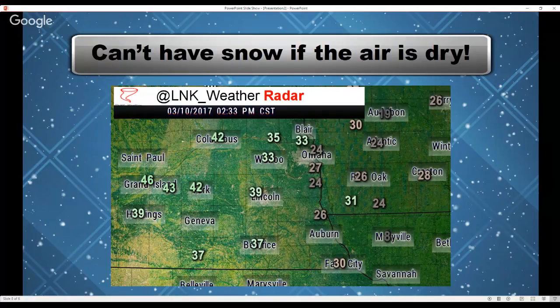And so if you look at some of those relative humidity values, like 24 in Plattsmouth, 26 in Nebraska City, even 39 in Lincoln, those are all way too dry to really spawn precipitation or support it at all, for that matter.